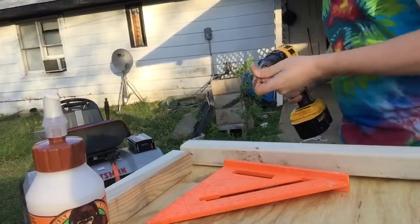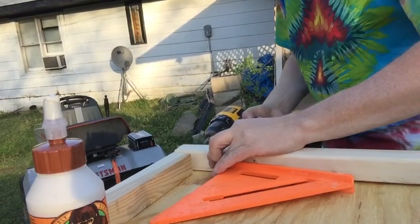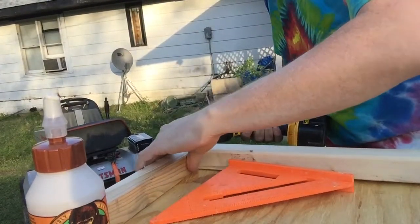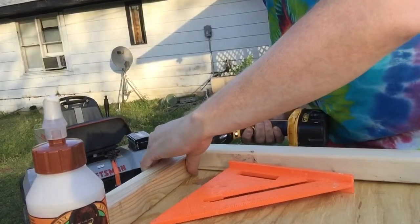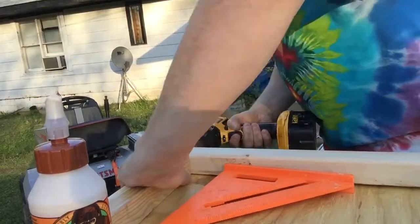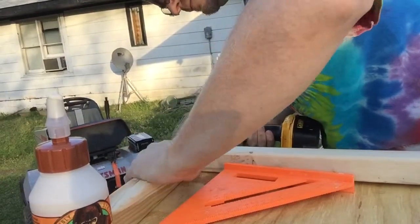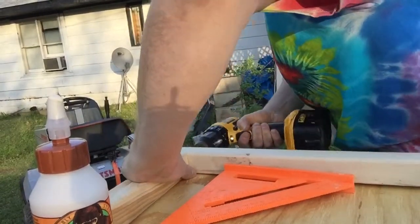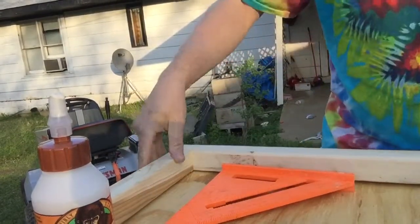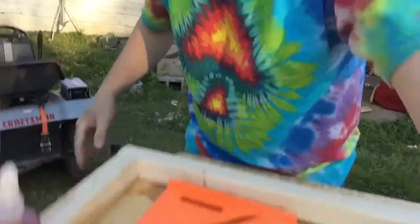So we got the glue on, and just ease it right on in there. You're going to find the hole that you made. And that's going to hold it together. Yeah, it's not going anywhere. And you can see